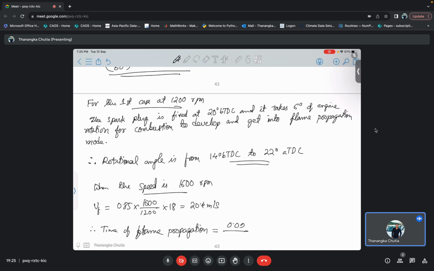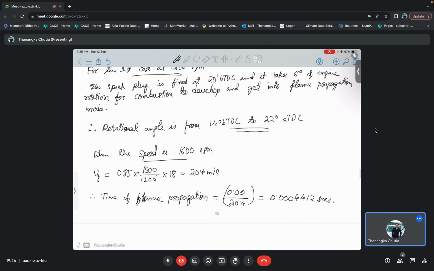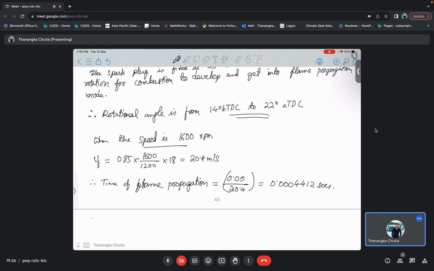0.09, this is the distance we have already calculated, divided by speed. Okay, that is 0.0004412 seconds. Okay, similarly, just like the previous case, therefore rotation angle during flame propagation,